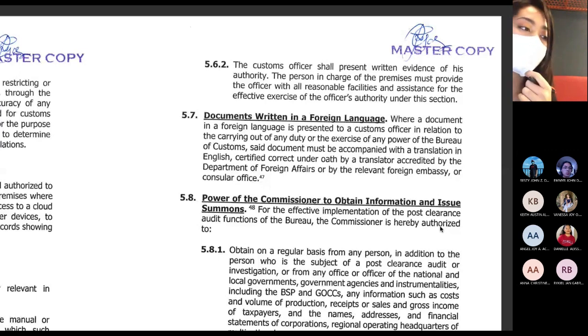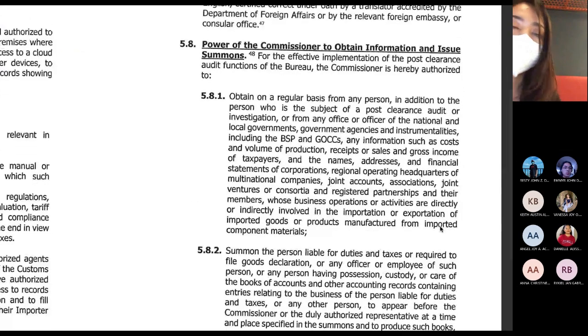5.8 Power of the Commissioner to obtain information and issue summons. For the effective implementation of the post-clearance audit functions of the Bureau, the Commissioner is hereby authorized to: 5.8.1 Obtain on a regular basis, from any person in addition to the person who is the subject of a post-clearance audit or investigation, or from any office or officer of the national and local governments, government agencies, and instrumentalities, including the